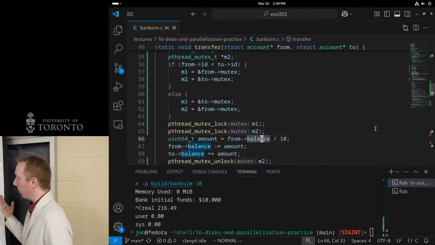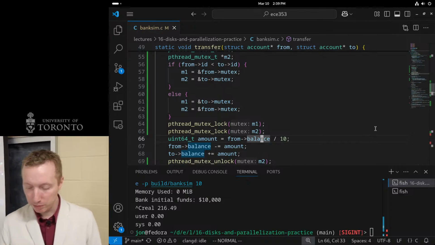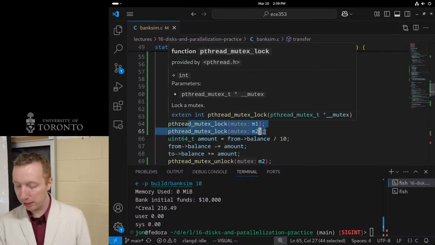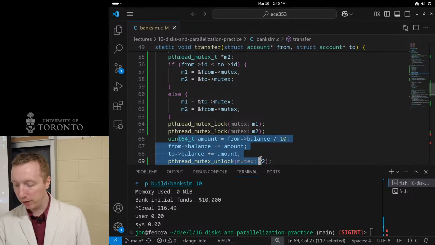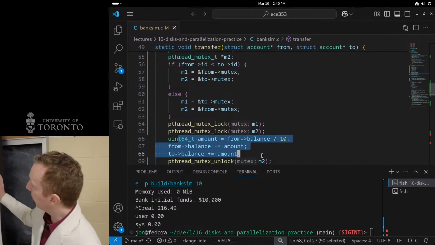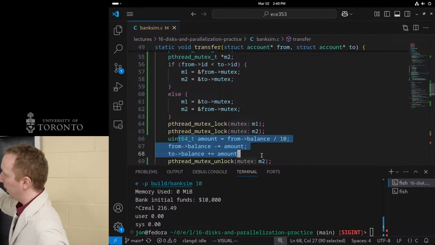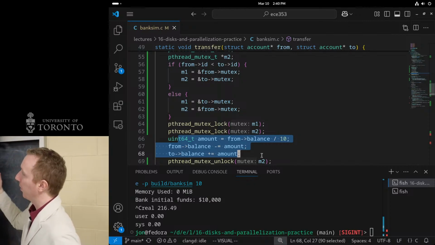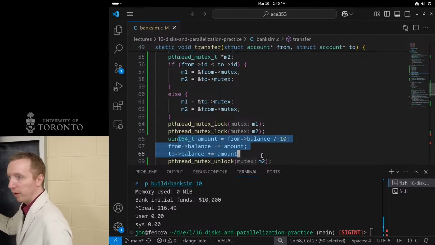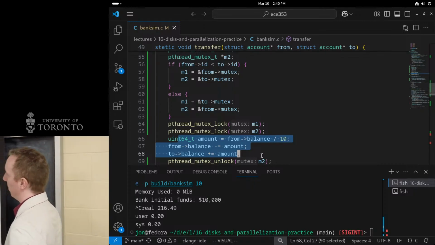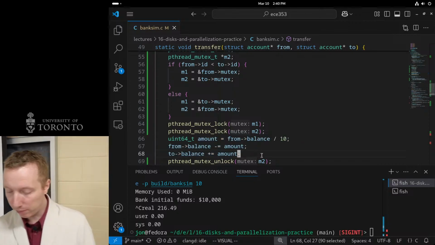It could be either from or to, but now we've protected against it, because we make sure this code can only run from one thread at a time that has a lock for both of the accounts. So we can't have concurrent accesses to balance from more than one thread with at least one being a write. So we're good for data races.